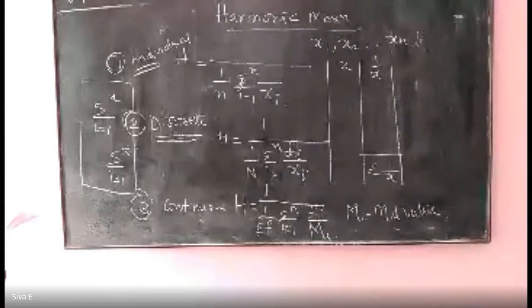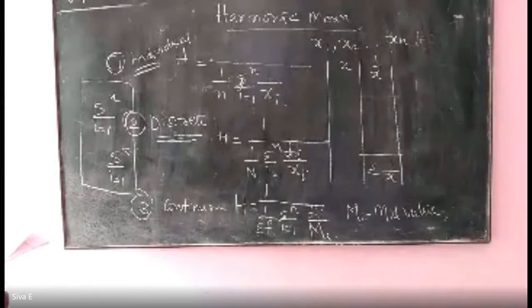What happened? Could you please read out the formula? It's not visible, not readable. Which one is not visible? Sir, the individual case, we can't read it. It's blurred. No, for me it is very clear. Maybe the net connection might be a problem, sir. Yes, sir, because all of us are not able to see it.